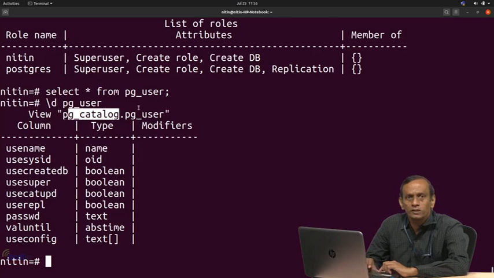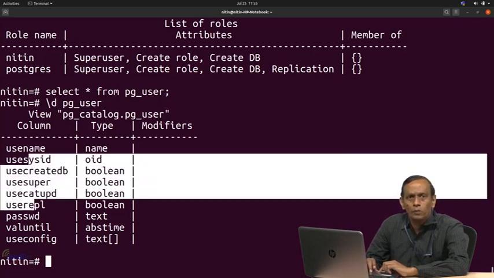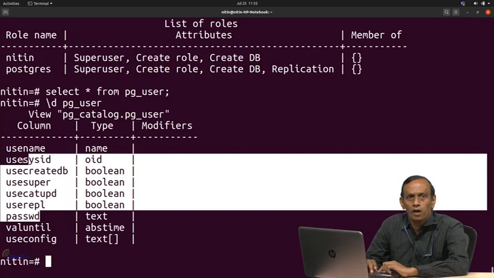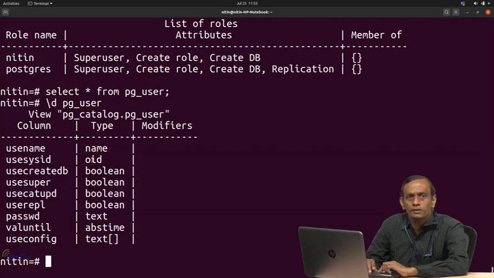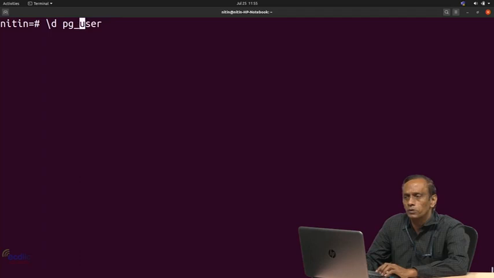And this pg_user is a relation, or role relation, that you are using internally. So, these all are columns of it, and along with every column the type is associated. Now, the way that we saw earlier, whenever a view is created, how to create a view? A view might be created using a select query kind of thing. So, if I really wish to see the background SQL query written for this, you write \d+.